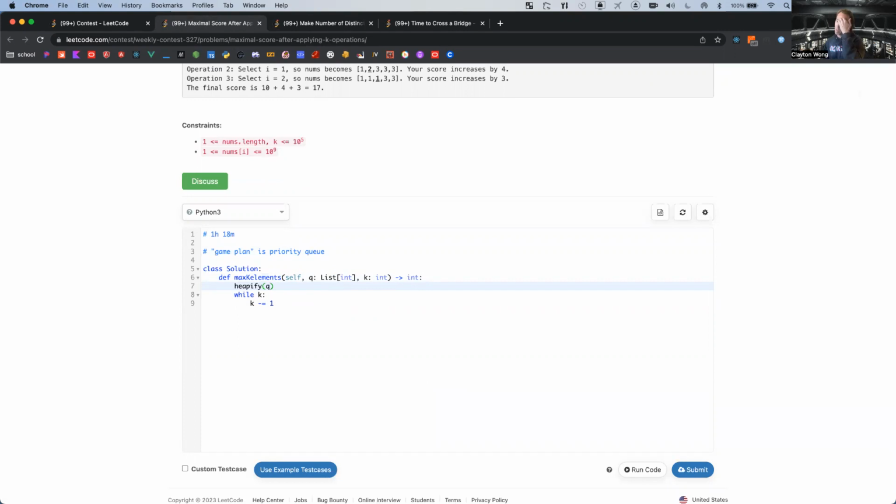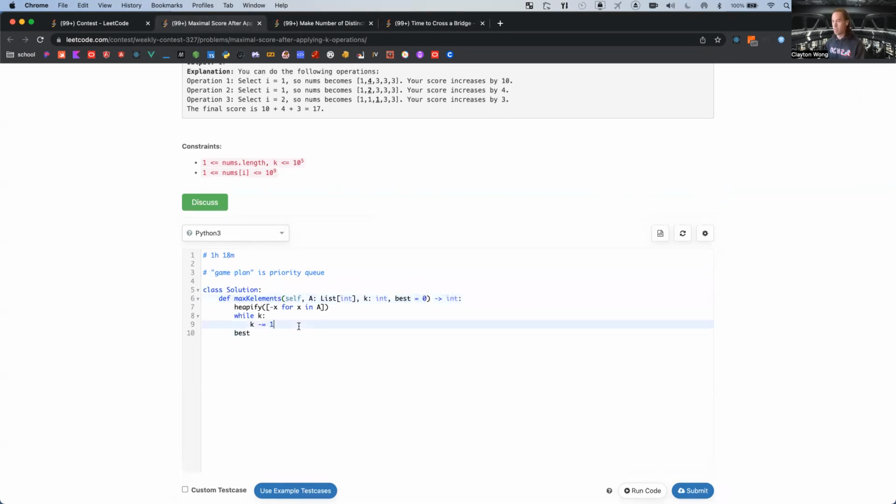Heapify the queue. Actually, hold on. We need to just do this. Heapify negative x for x in A. By default, it's a min heap. Best is the maximum we can take. Take equals heap